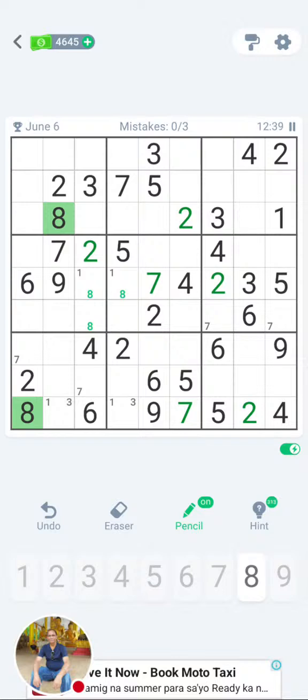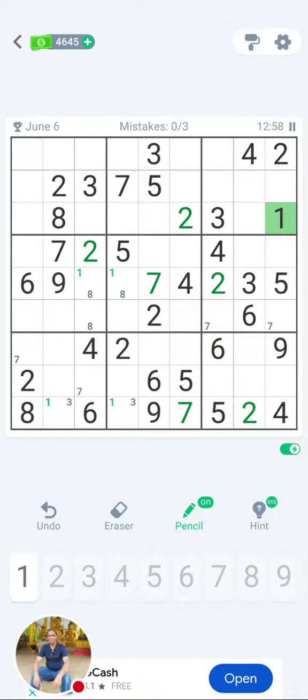And let us look at 1. What is the situation for 1? 1 could come into many columns, so I leave it blank, because 1 could come in any column. Now let us go for another one. If you look at the column where the 1 is highlighted, look at the vertical column, that's 2, 1, 5, 9, 4.